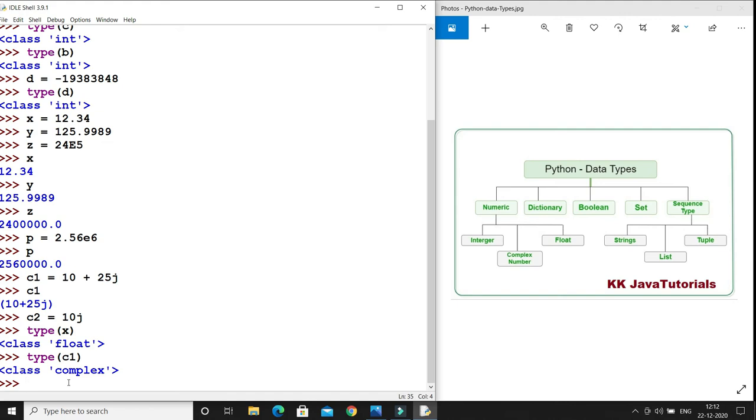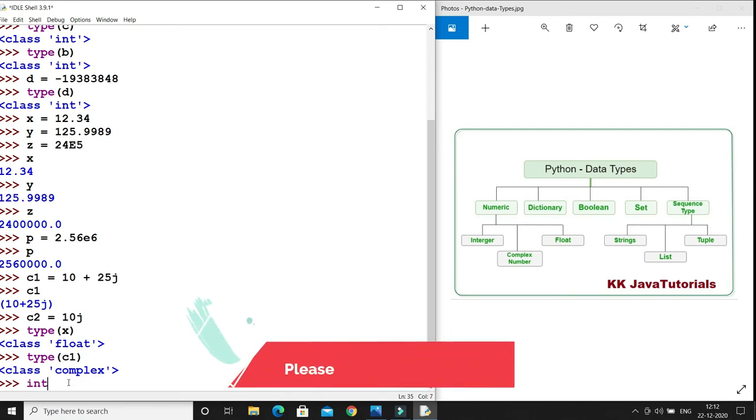Next, you can convert one type into another type. For that we have the functions int, float, and complex. Let's say I use the int function to convert a floating point number into an integer.